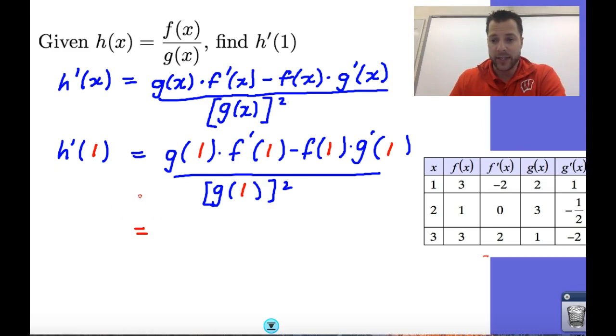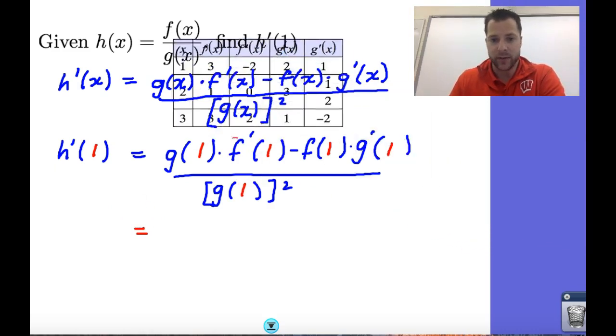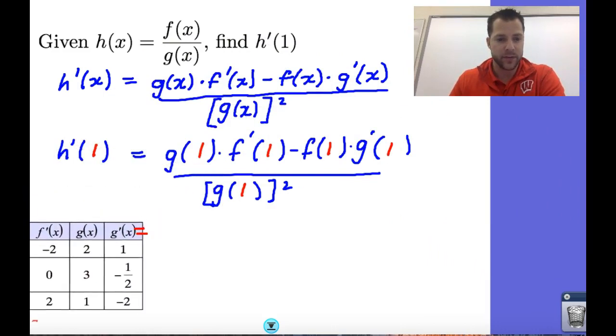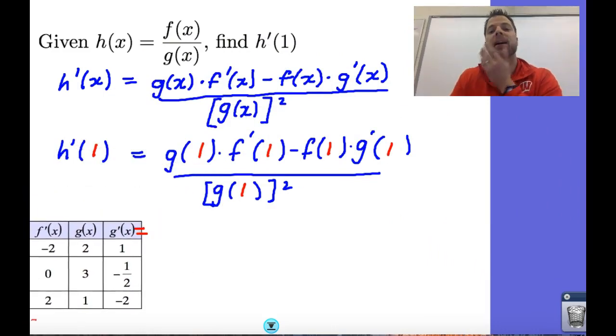Now I have to go to my table. So now I need the table of results. Sorry, I'll go back over here. We can put this over here. For now, we'll put it right there so we can see. Now, g of 1. So we go to g of 1 is 2. So we have 2 times f prime of 1. So f prime of 1 is negative 2